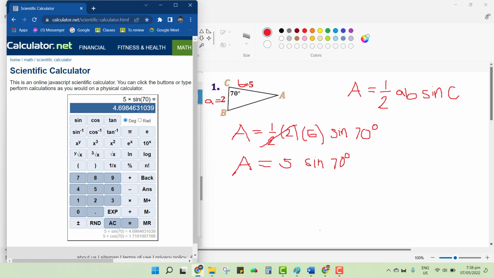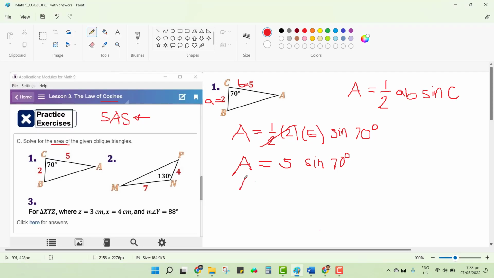And as agreed in our class, we are going to round it off into two decimal places. So as you round it off, notice what will happen here. This is actually approximately 4.70 right now, as if we round this off, it's 8, so it will become 0 and 7 here. So the area is approximately